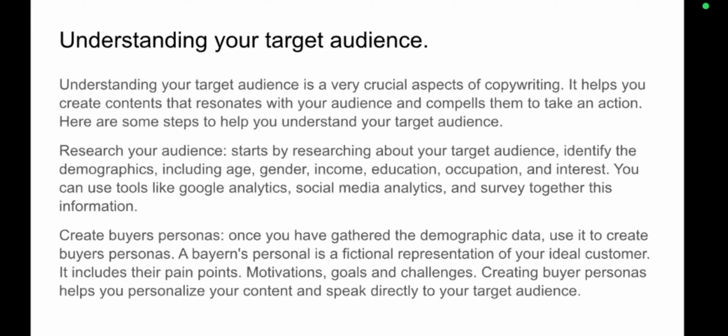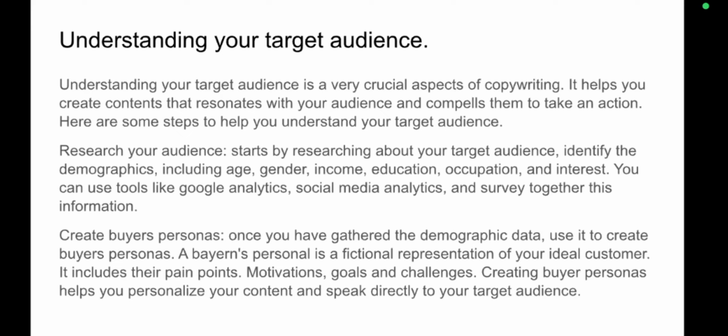Create buyer personas. Creating buyer personas simply means you should create an avatar. This avatar contains everything about your particular audience. Okay, so your buyer persona is probably a person within the age range of 18 to 30. Probably that's your target audience within that age range. Then there are probably young guys who are so interested in having financial freedom, a financially free future, you know. So I'm just giving us an example of how to create a buyer persona.